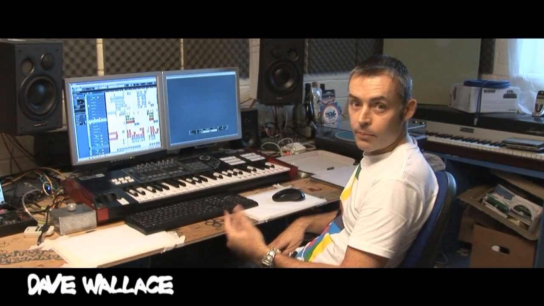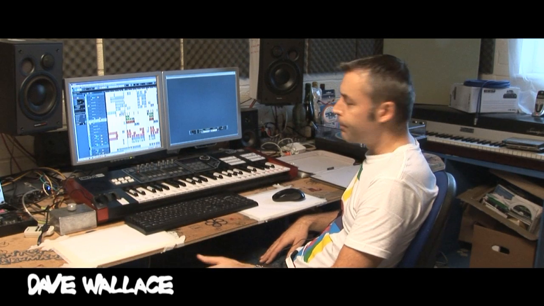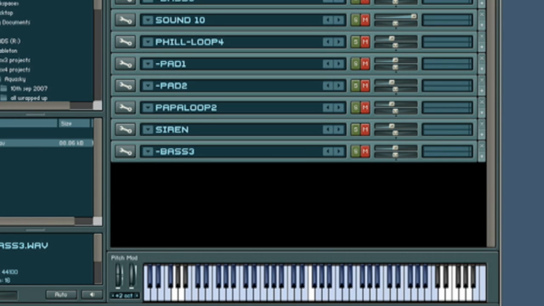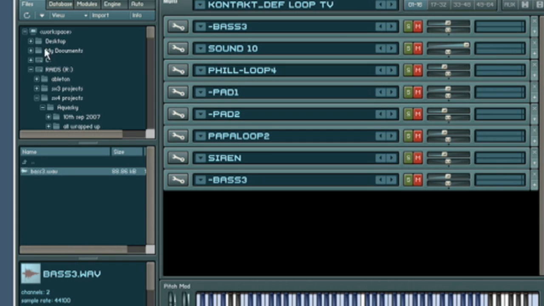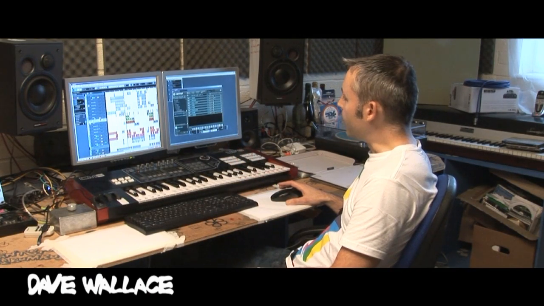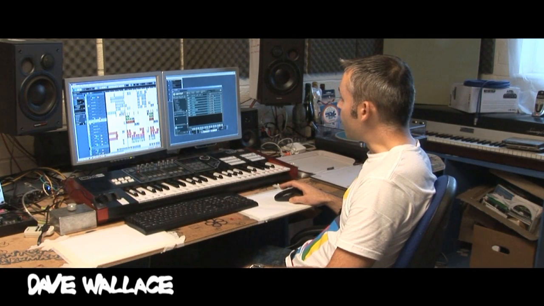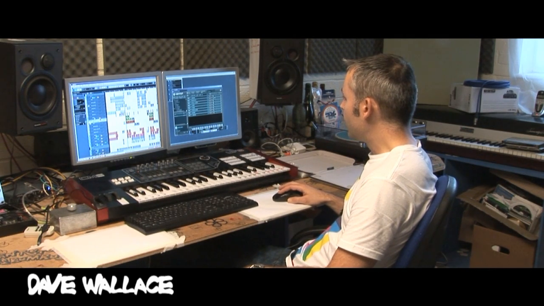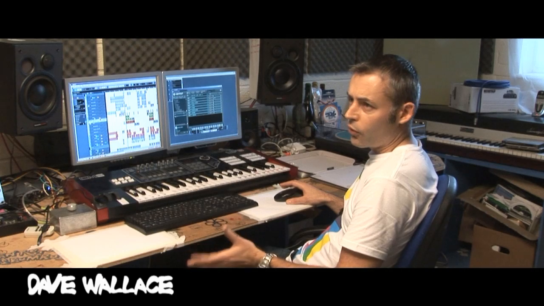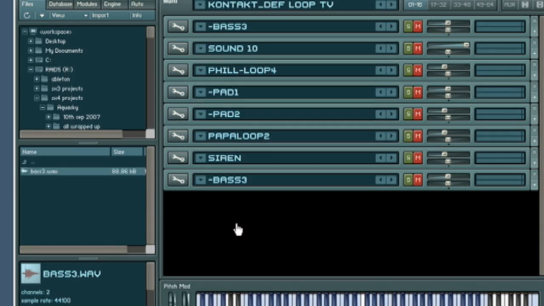And that sound there is basically a loop of a sample of a bass sound, and this is how we made it. We use Kontakt a lot for our samples, and I particularly like version 2. You get quite a raw sound with it. You can bung any sound into it, loop it up, mess around with it, and you get some interesting sounds. So to make this bass sound, there's a sound off an old jungle record I just found, and I called it bass 3. So you whack it into Kontakt,